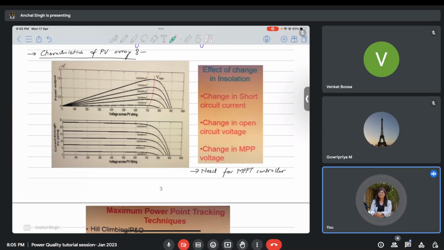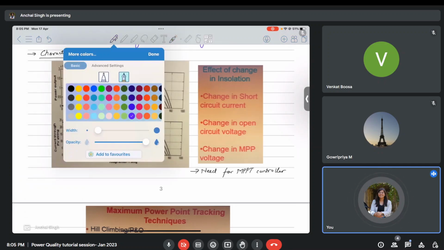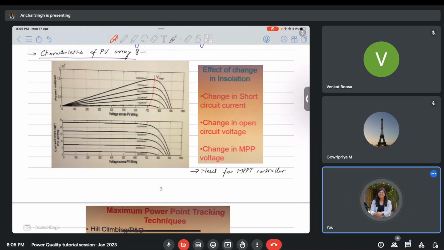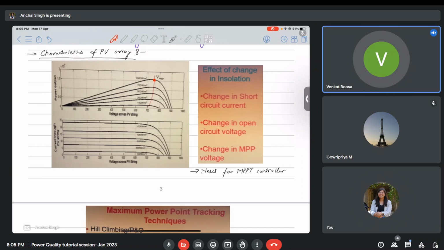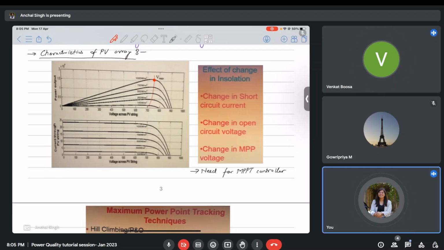So why would I want to take less power? If I can get more power, I would always want to get more power. Therefore, there is an algorithm that I put in my controller in order to detect this point. And after detecting this point, I operate my system at this point. Yes, is it helpful to design that solar panel, madam? No, it is not going to be helpful to design the solar panel. After you obtain the solar panel output, you put these MPPT controllers in the converters that are present there.